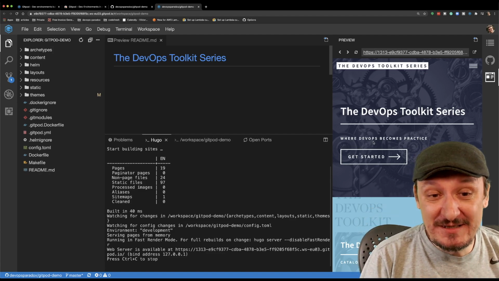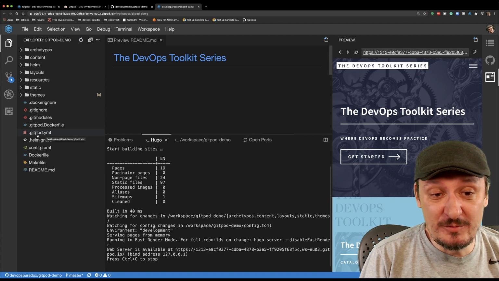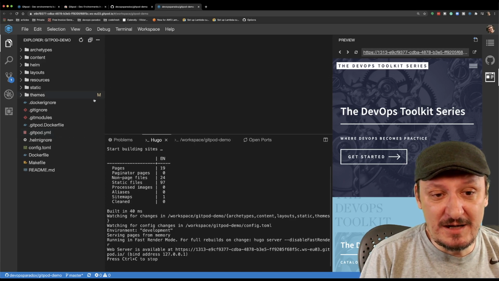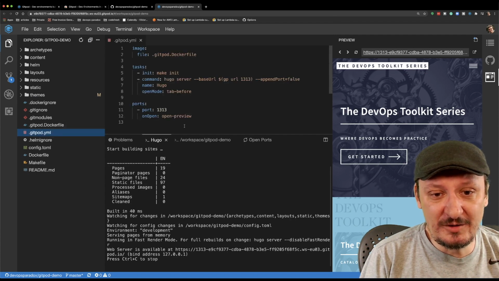So how is this happening? How did Gitpod know what to do? Let me actually show you that. There are two magical files. They're very easy. .gitpod.yaml and .gitpod.Dockerfile. So let me close the README here. You will see that I'm now using this as my development environment to show you stuff. So if I open